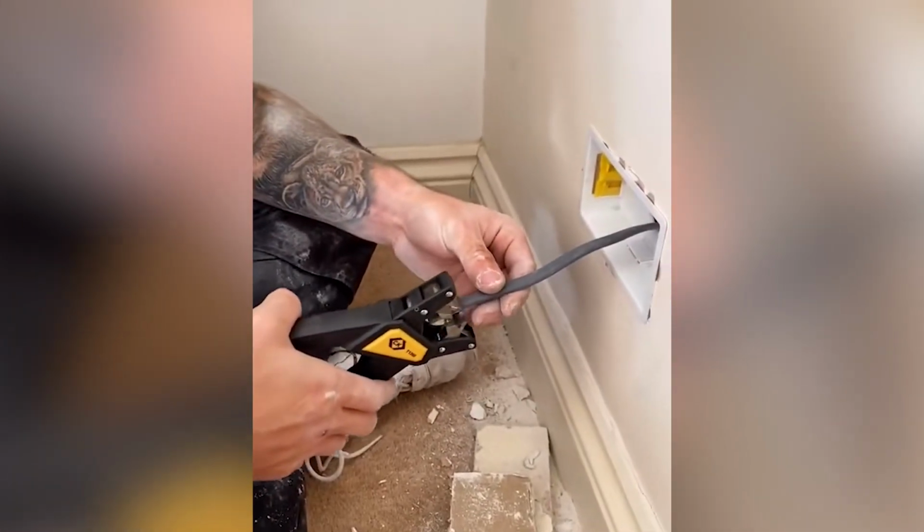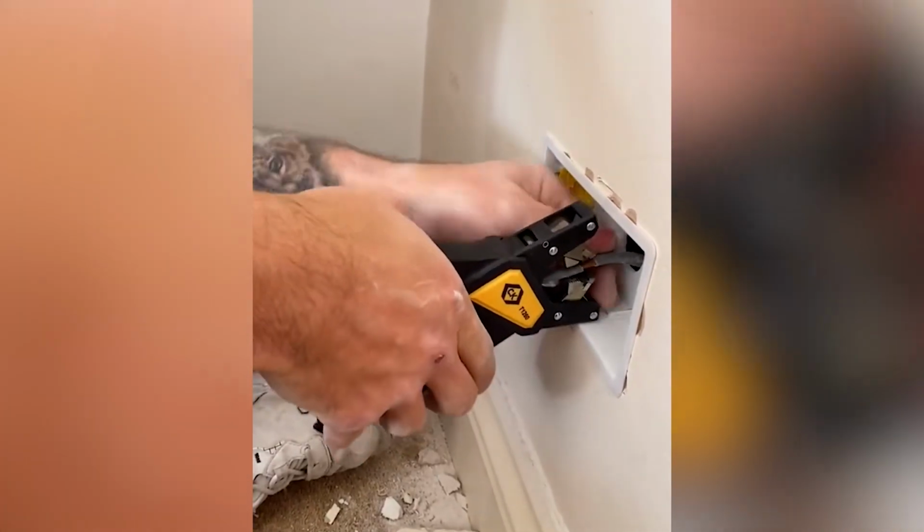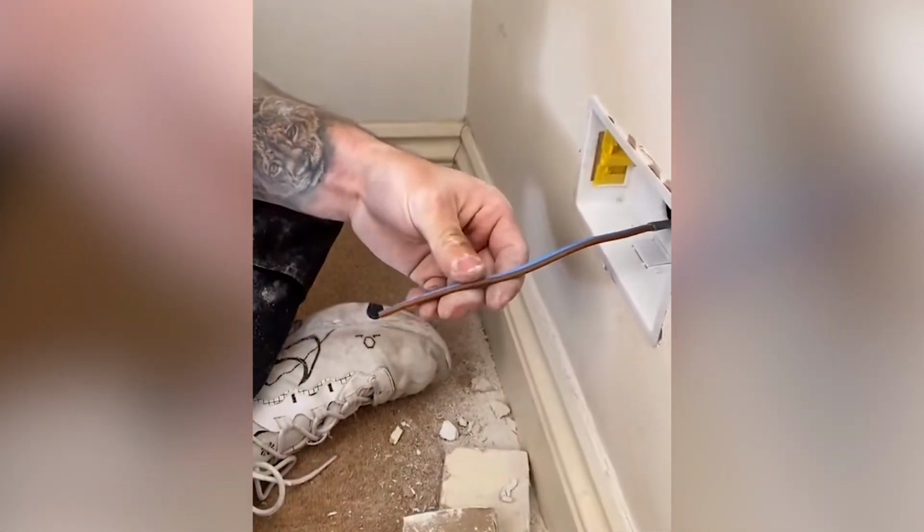For electricity to function in buildings, the wiring must be done by hand by electricians to switches, boards, sockets, and lighting fixtures. This wire stripper is a